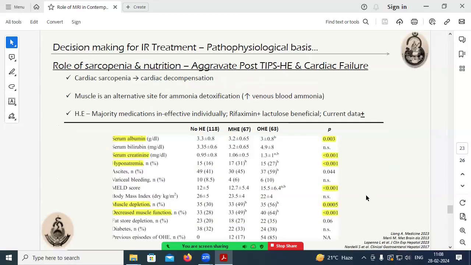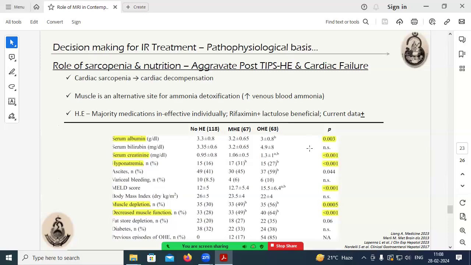And finally, there is one very interesting thing which has been increasingly researched in the recent past, which is the role of sarcopenia in portal hypertension. At our institute also, we are involved in some projects where we are evaluating the overall nutritional status. This is something which was not there when we were learning. We never used to evaluate the patient for this. But now there is increasing evidence that the overall nutritional status and muscle bulk of the patient plays a very important role in the overall outcome after performing an IR procedure or a surgical procedure